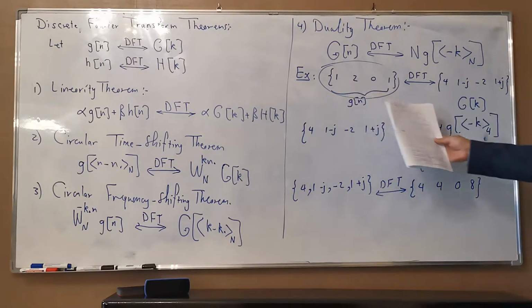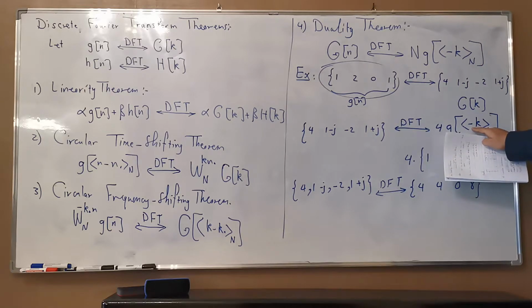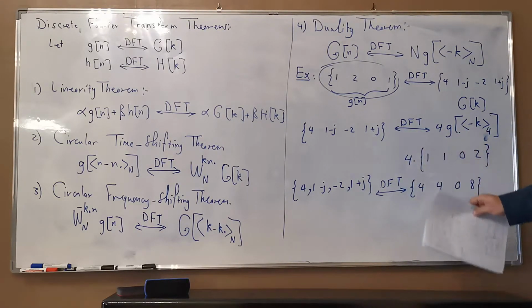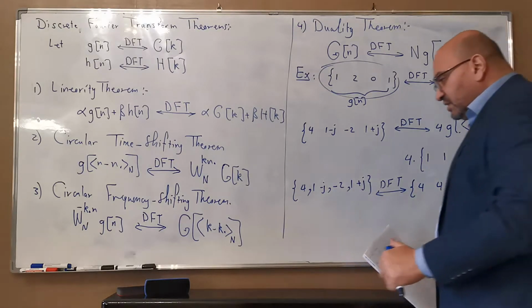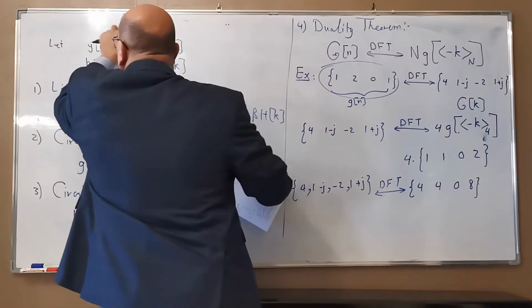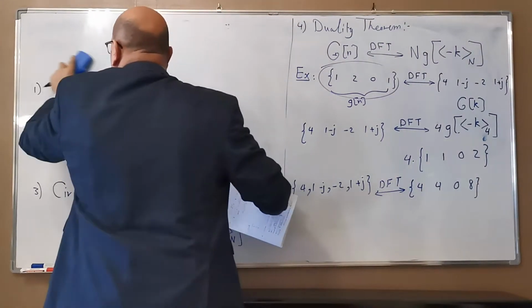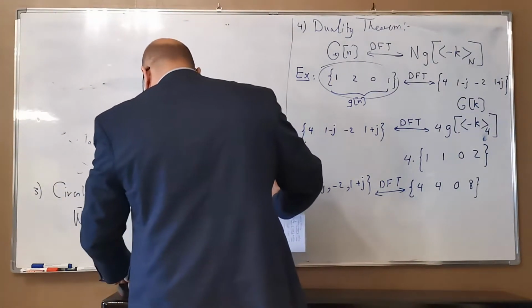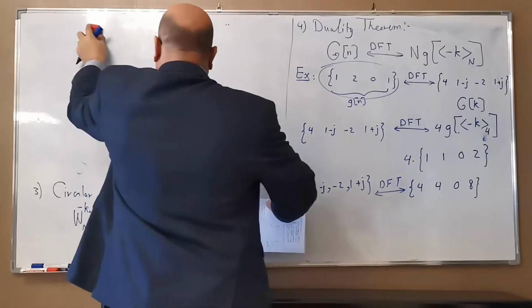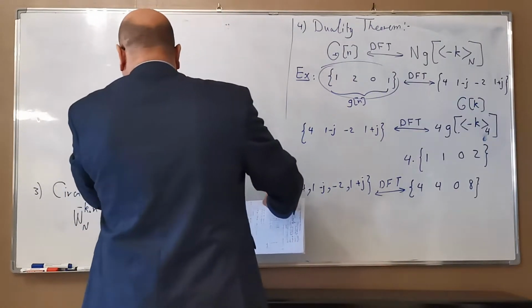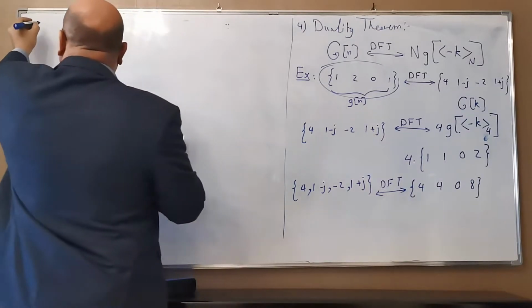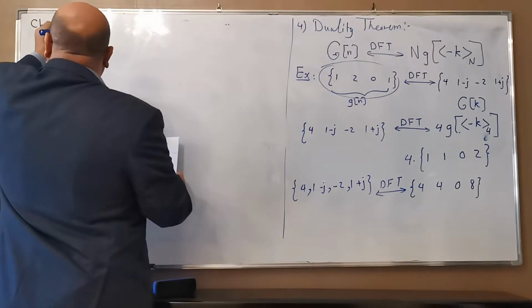We took G of n, we flip it with the circular time reversal, and we multiply it by N, and we get the answer. Let me just make sure that this is the true answer by doing the Fourier transform of the sequence itself, and show you that. Okay, I'm gonna show you, check our answer by